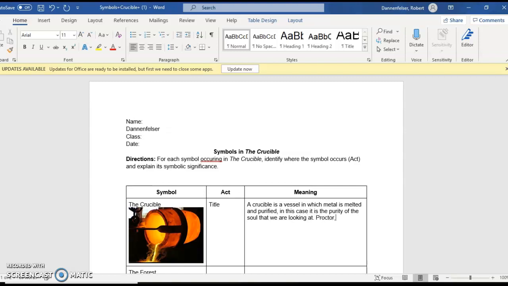Proctor and others are put to the fire, metaphorically, to melt away sin. Okay? Simple, straightforward.